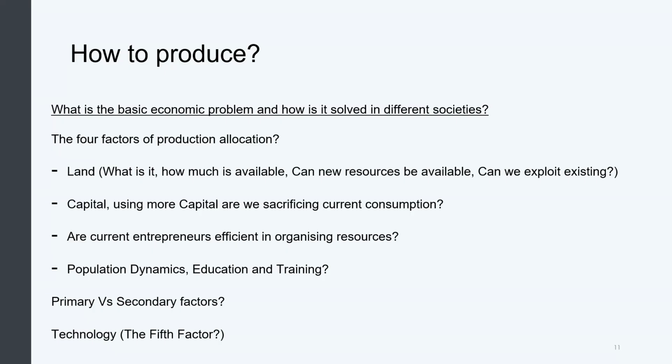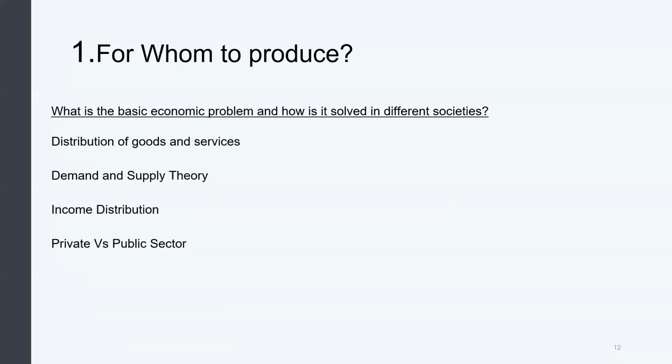I'm pausing there because it's a typical exam question. How do we mix the factors of production in order for us to arrive at what we want to produce? That is the question of how to produce. The word mix there is very, very important because I've seen it in the exams several times. How do we mix the 4 different factors of production in order for us to produce? That's how to produce. Then the last question is for whom to produce.